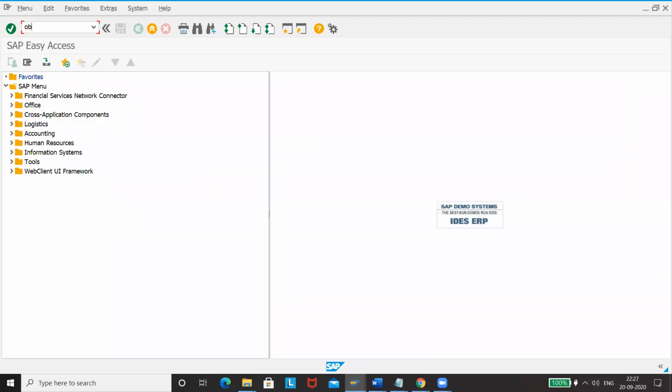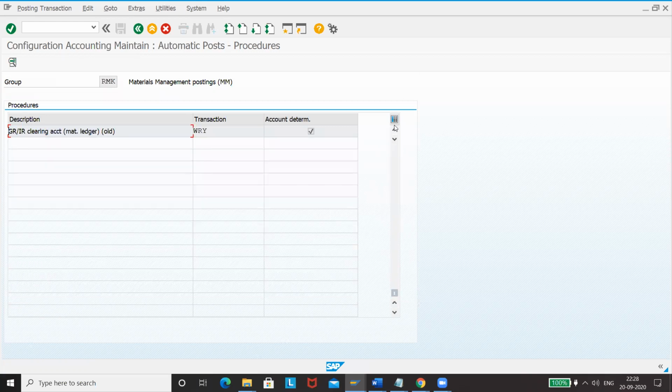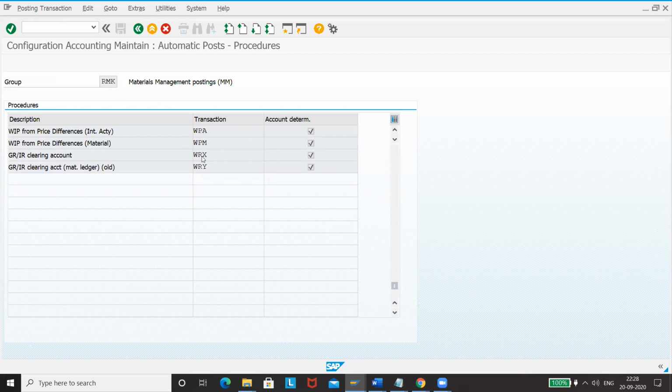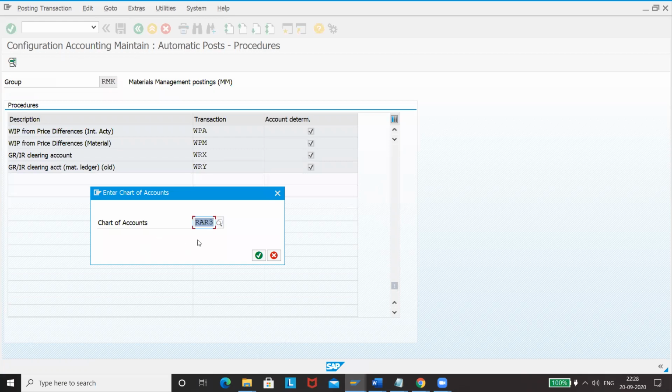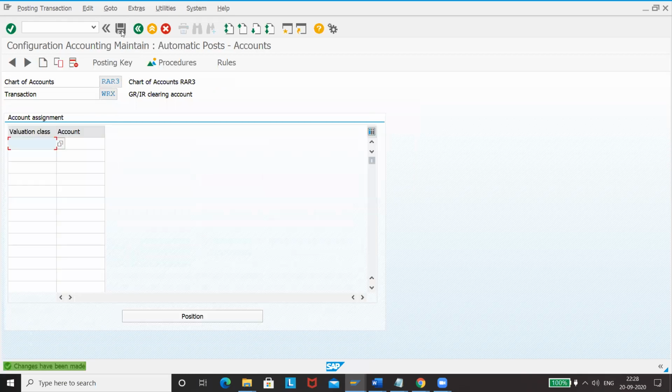And then OBYC, once that is done, you have other key, that is WRX. Yeah, this is the one. For this as well, you have to give your chart of account, and then once here, you have to click on this one, and then save. You have to give 3100.